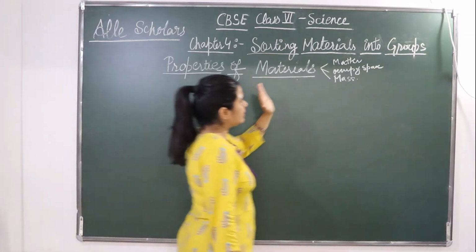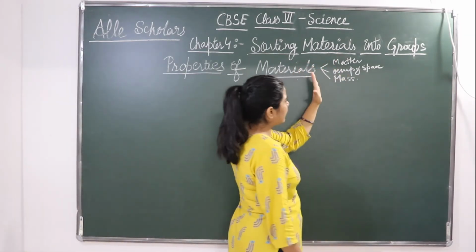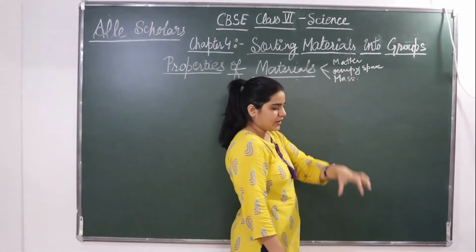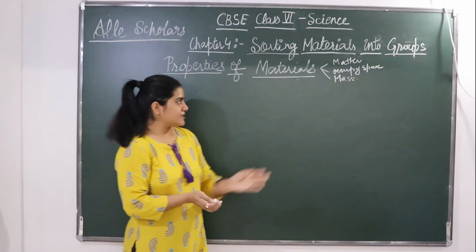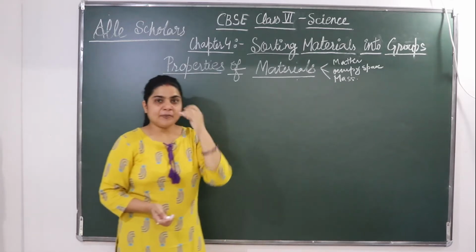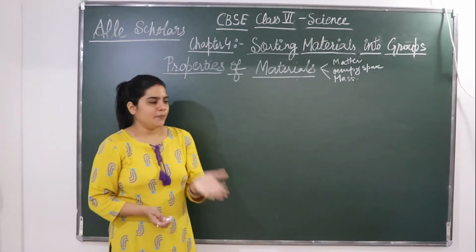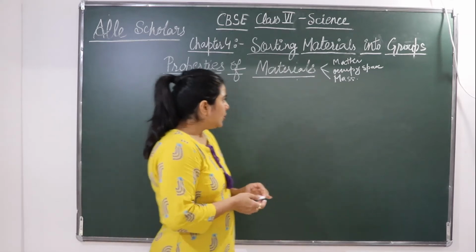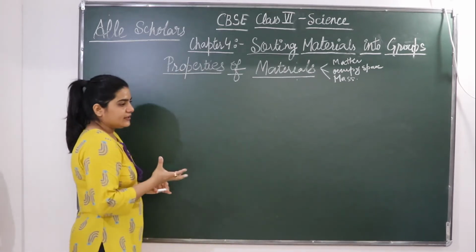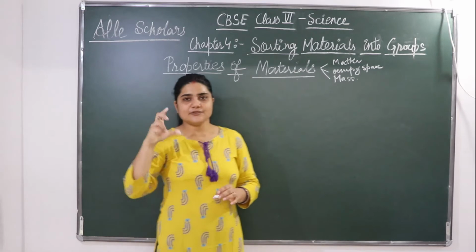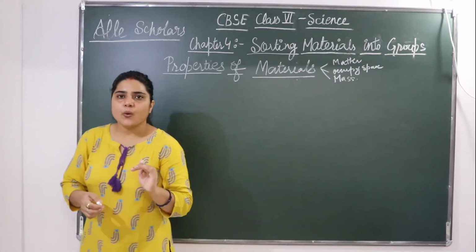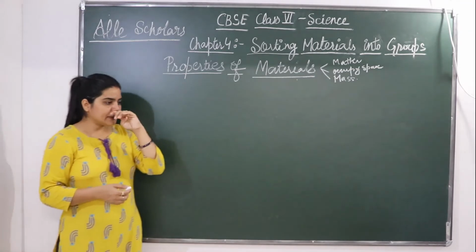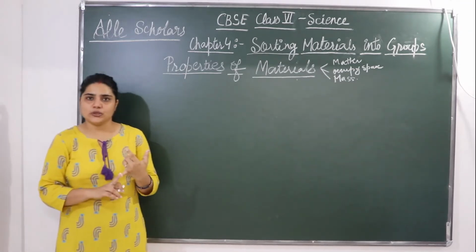These materials are made up of matter. They occupy some space. If you keep a plate here, it is going to occupy some space. And it has got some mass. That plate has got some mass. Okay. So let's take an example. You must have seen a tumbler at your home, a glass or a tumbler you can say. Why is that tumbler not made up of a piece of cloth?